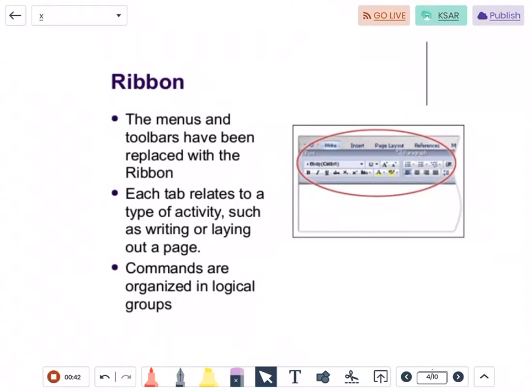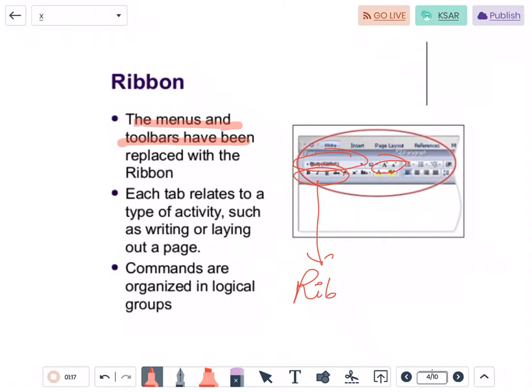Now let us have a look at the different elements in detail. We come to the first segment, that is ribbon. So what are ribbons? Basically ribbons are the menus and toolbars present in Microsoft Word. So all the menus and sub menus are cascaded inside the ribbon. Like we have different options here, like the font type, font size, font formattings, okay, all fall under the category of the ribbon, and all these categories are known as the ribbon commands. Okay, what are they known as? Ribbon commands.